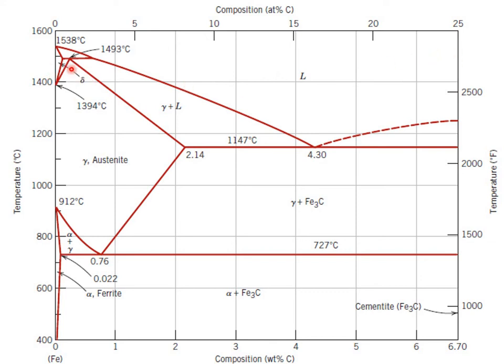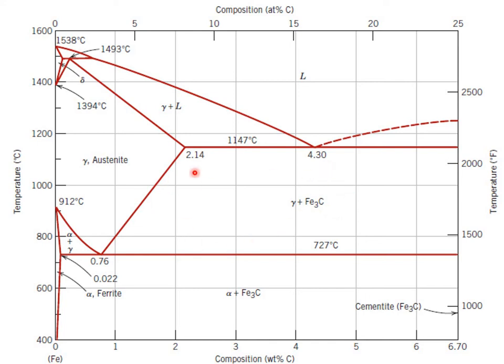Then we have the delta phase. You can see this phase is delta, and this phase would be liquid plus delta again, and this would be liquid plus austenite. This is the austenitic phase. This is a solid phase. And this is the liquid plus austenite, because we have austenite on the left and liquid on the right. So this phase would be the alpha plus gamma plus liquid phase. And this is the cementite line, which has 6.7% of carbon. So this phase would be liquid plus cementite, which is Fe3C. We call this structure cementite, Fe3C.